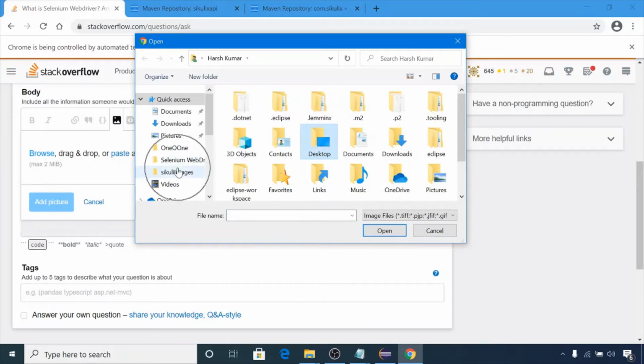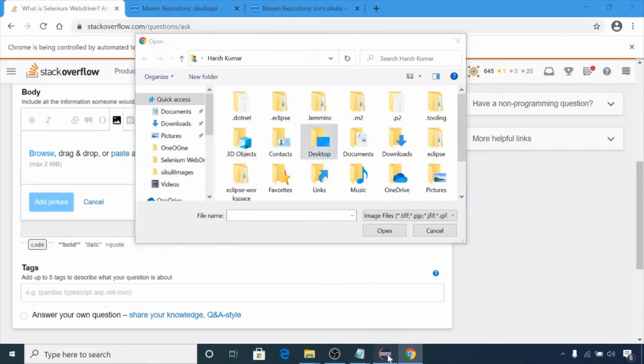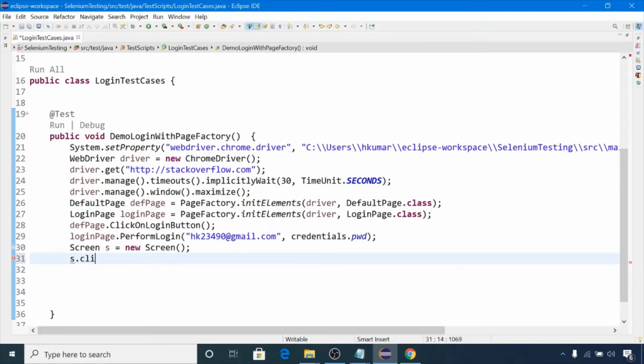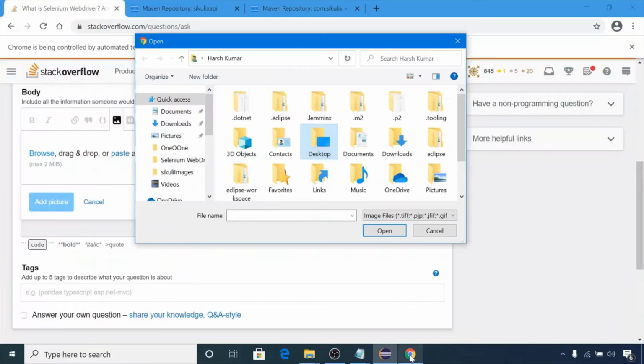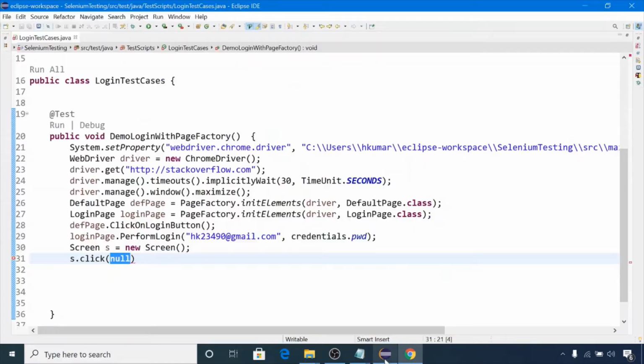For that we have the method s.click. In this click method we will pass the name of an image. Like, we want to click on this Open button, so first of all we will capture the image of this Open button, and pass the image in this click method. So click is used to perform the click operation.